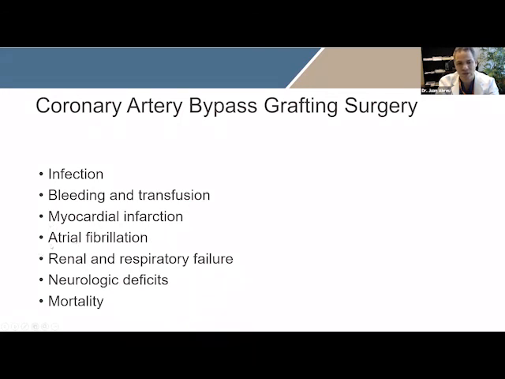Can you have renal issues, respiratory issues? That is possible too. That's why it's very important to look at all the risk factors and see how we can improve those before you get to surgery, so we can get you through surgery in the best shape possible, all right, to minimize your complications.